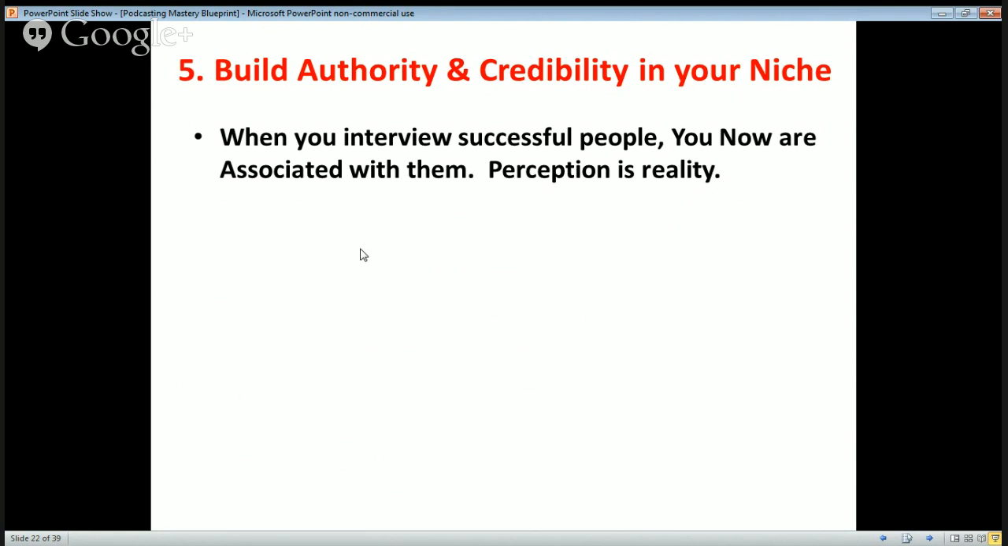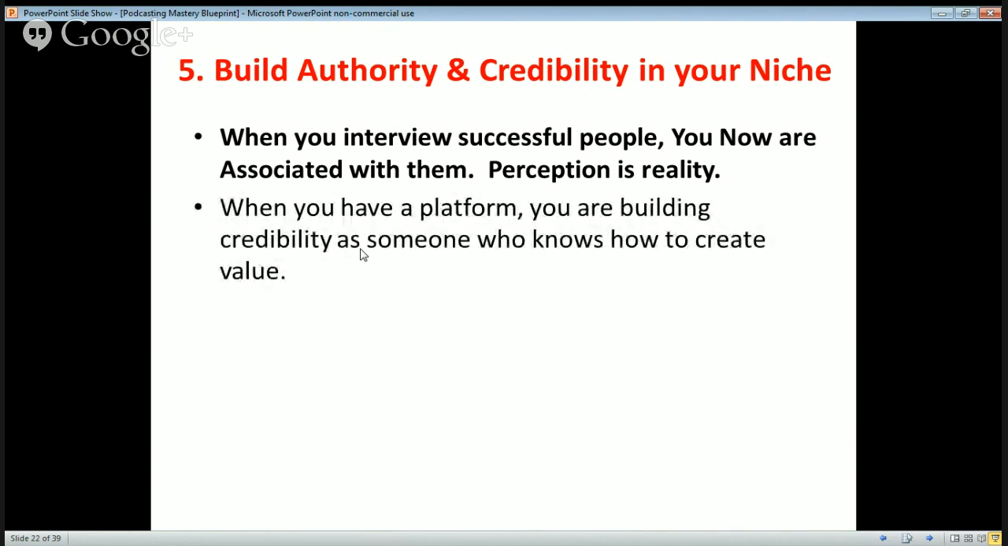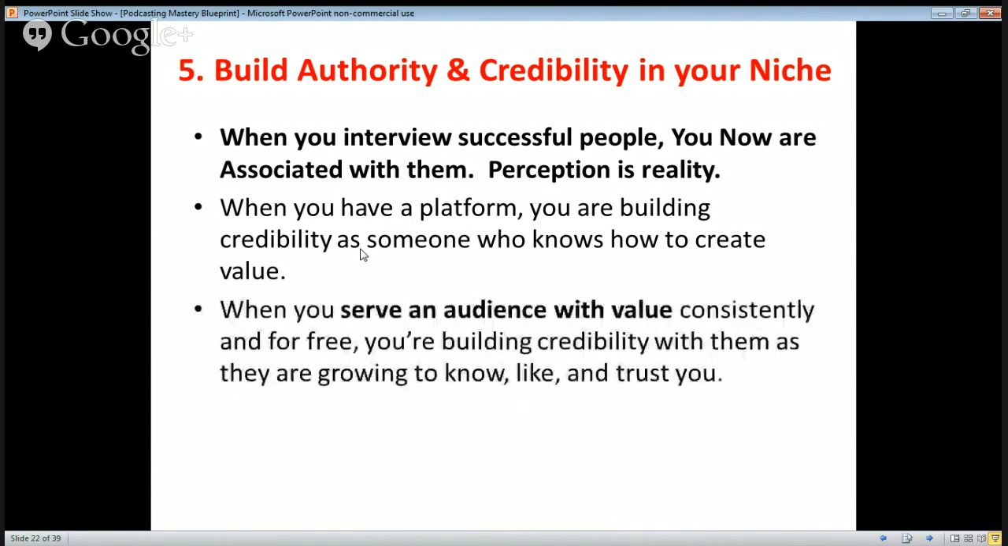Well, when you're able to build a podcast and you're interviewing other successful people that people know and like and trust, and they see you with them, that actually builds authority and credibility with you. When you have a platform, you are building credibility as someone who knows how to create value. When you have a podcast and you're able to tap into these platforms, you're able to create value within the marketplace, and the marketplace then rewards you because of that value. That's another great reason why podcasting is so